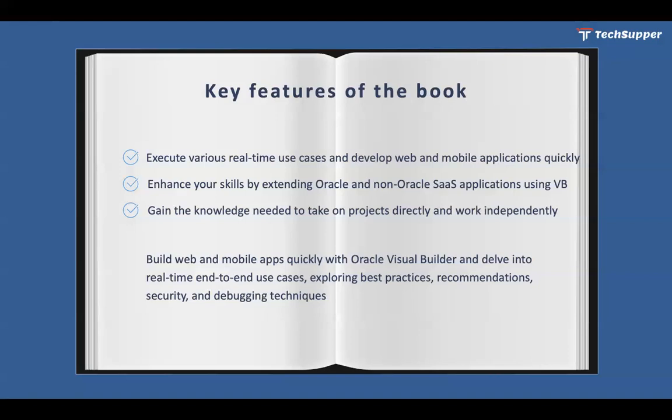So the approach of this book is that we have started from the very beginning of Oracle Visual Builder, wherein we describe what Visual Builder is, why you need to use Visual Builder, what the features are, how to provision it, and then learn various basic building blocks, start developing web and mobile applications by taking a lot of real-time examples, learn how to develop the mobile application, the security, what the recommendations are to develop web and mobile applications, what the various ways are to troubleshoot your application, and how to manage your VB code using Visual Builder Studio. So this is the approach which is taken.